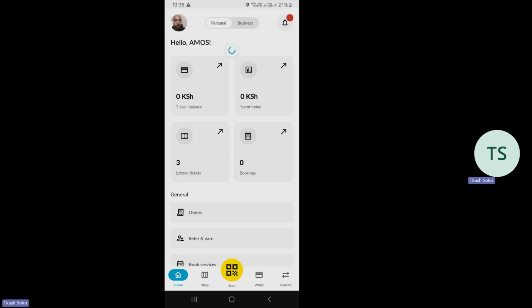So I'll come back down where you have the home, shop, scan, wallet, and the transfer. Transfer is on your bottom right-hand side. So you tap on transfer, then there is withdraw cash.